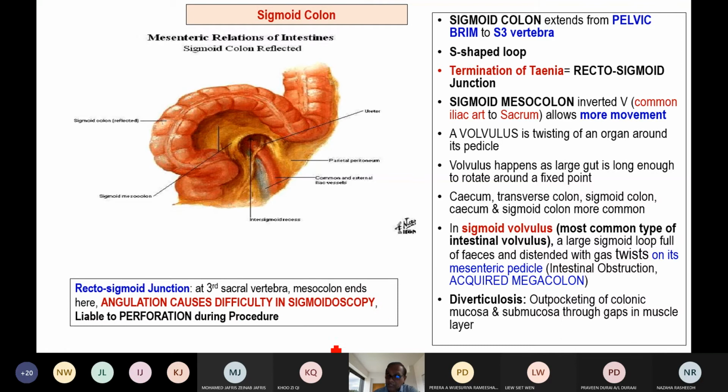So when you actually do rectal examination or even sigmoidoscopy, you must be very careful. Why? Because rectum does not have any mesocolon. Rectum is straight and fixed. Sigmoid colon has a long sigmoid mesocolon. So whenever any part of the gut is fixed and another part is mobile, the junction of the fixed and mobile produces a sudden angulation. So there is a sudden angulation at the rectosigmoid junction. So anyone doing sigmoidoscopy should be very careful here.